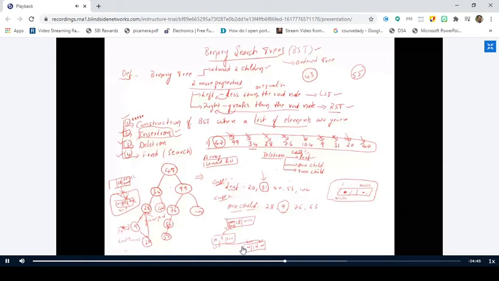The link will be broken and 28 will be linked to 20. The 20 is placed as the left child of 28. So it's a very simple process. So 20 becomes the left child of 28.